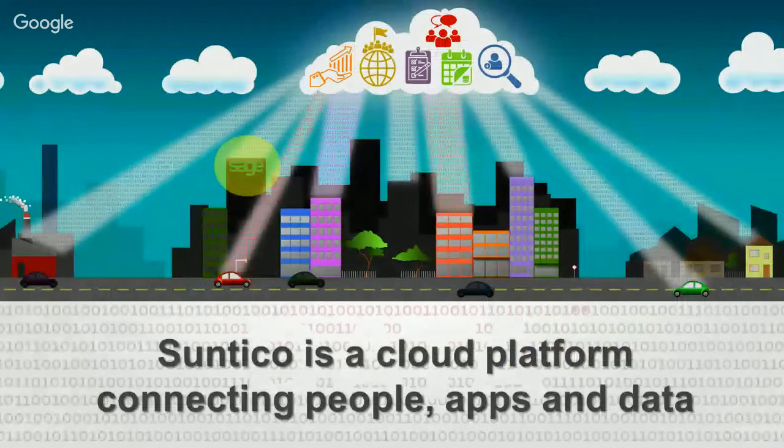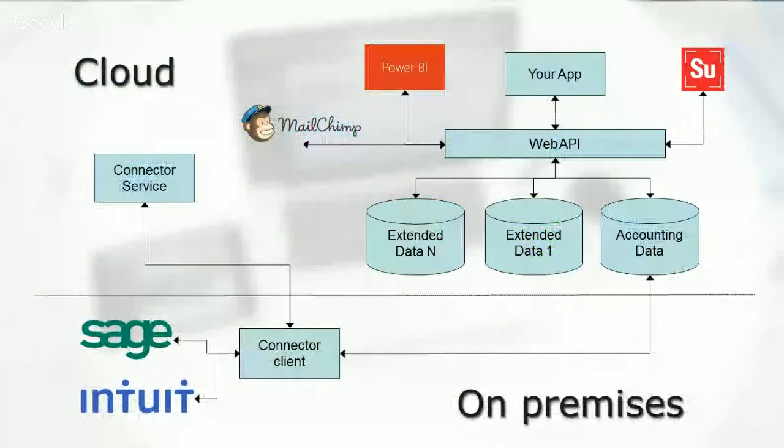And Suntico is a cloud platform designed specifically to connect people, apps, and data, specifically around accounting and financial data. That's what we do. And we've invested considerable research and development in building out this infrastructure. And effectively what happens is, yes, there is a local install called the connector client that the client installs locally and manages the synchronization between the small business accounting software such as Sage 50 or Intuit QuickBooks and up to